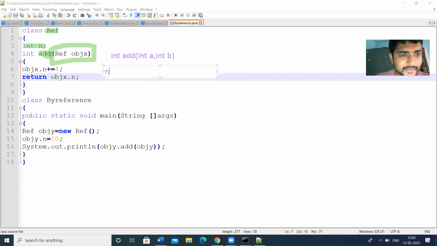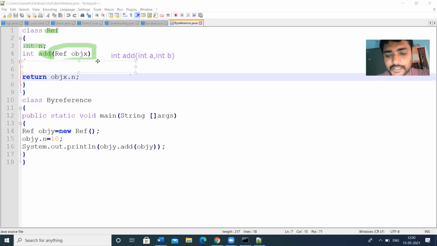This is a simple expression, n is equal to n plus 4, but we are passing the parameter as reference. So we have to access this through the reference variable. Here the reference variable is objx. So objx.n is equal to objx.n plus 4. We can return objx.n.